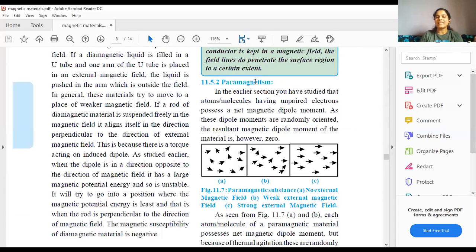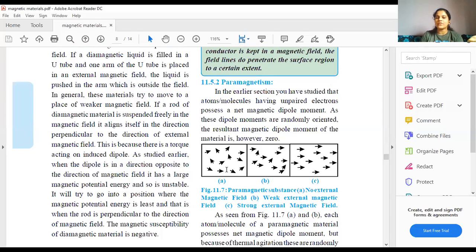Any material is a magnetic material if the material possesses magnetic dipole moment. Now, the major difference between both of them is that in diamagnetic materials, there are no unpaired electrons. Everything is paired up, so the plus half and minus half spin cancel each other out and the net magnetic moment is zero. In case of paramagnetic material, paramagnetism is seen in materials which have unpaired electrons in them.